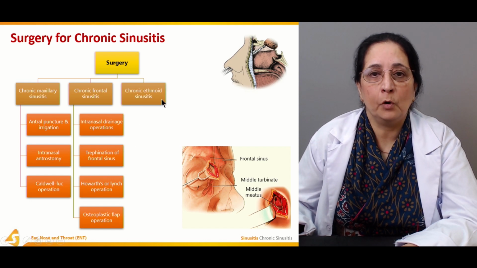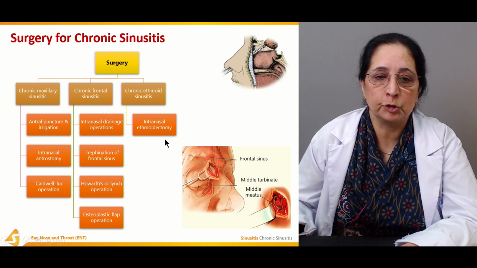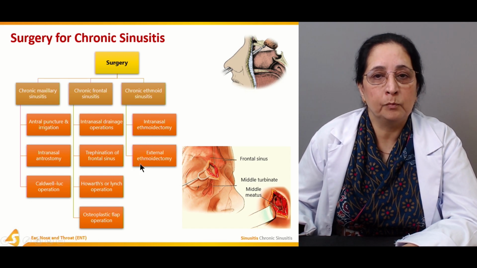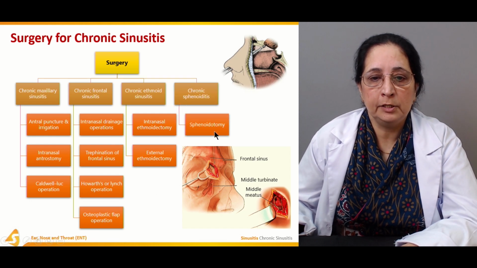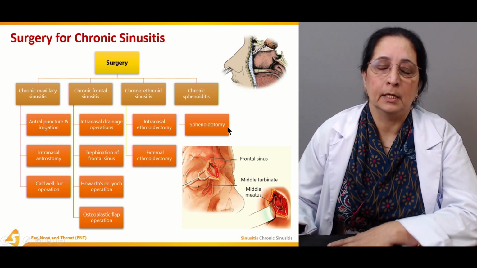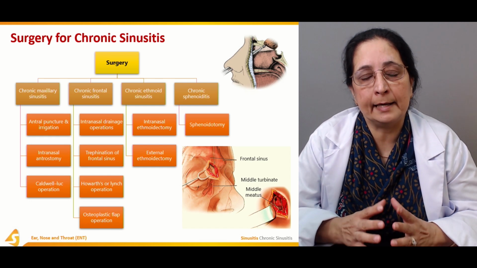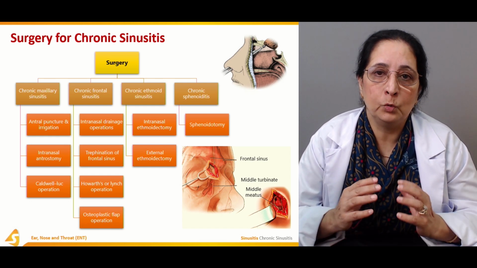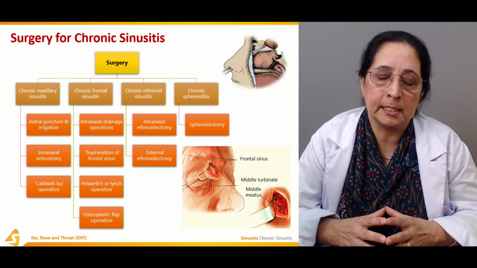Then for ethmoid sinusitis, we do intranasal ethmoidectomy and external ethmoidectomy. And for sphenoid, we do sphenoidotomy. So all these are the different surgical procedures that can be performed to relieve the conditions of chronic sinusitis,